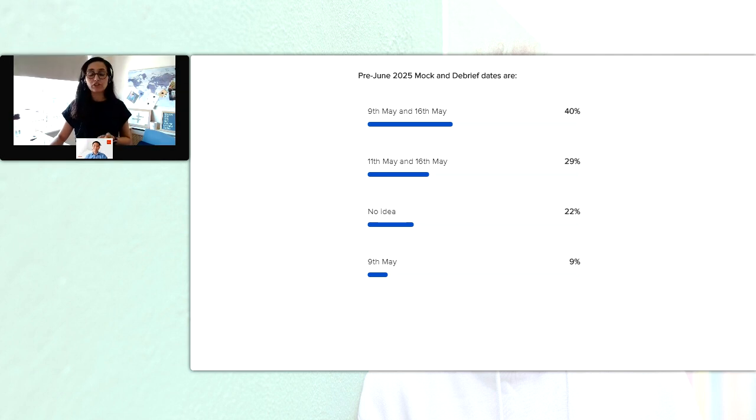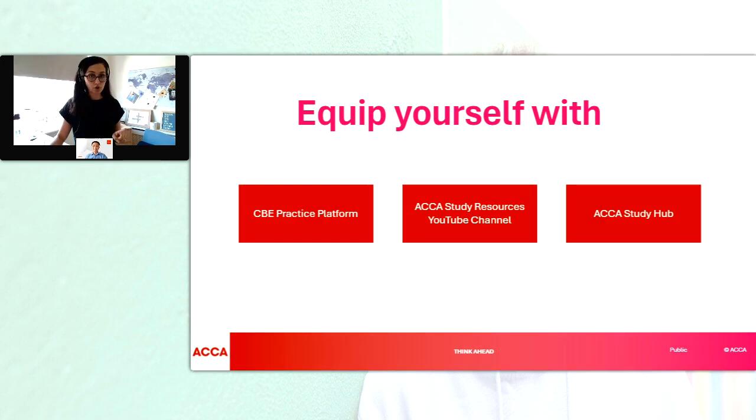Now, just to wrap up, a reminder that these pre-exam mocks can be accessed through the ACCA practice platform. And I remember seeing a question earlier in the Q&A where you were asking, are the questions in the study hub sufficient? Should I be using anything else? Actually, to that, I would say use the practice platform for full exam standard question practice, and the pre-exam mocks are absolutely brilliant for that. Think of it this way: you're not going to be booking your driving test without